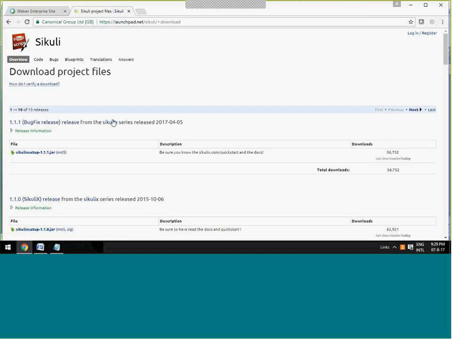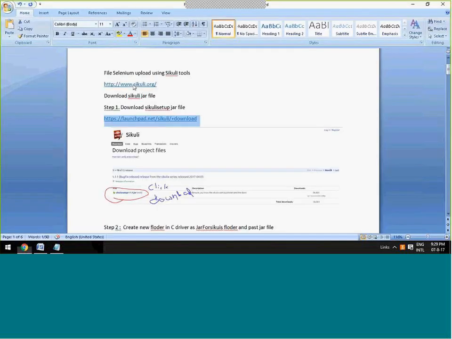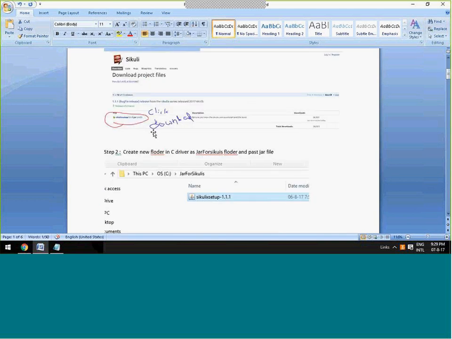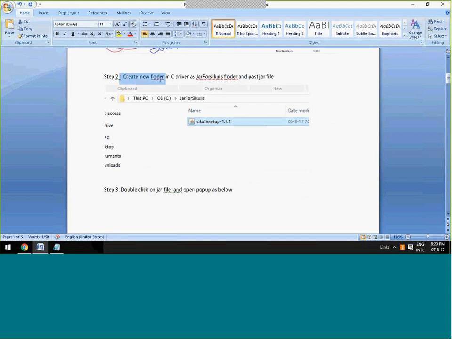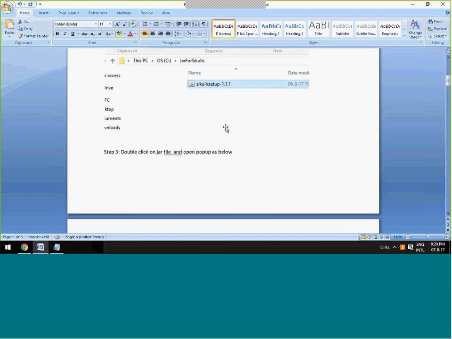Please follow the steps. So this is the Sikuli jar. See, there will be a procedure to install, and I have documented it in a proper manner. Read it for some time and get the jar. So this is the image. Click on this download. The second thing is to create a new folder in the C drive, with whatever folder name, and paste the jar from the download location. And the third step,